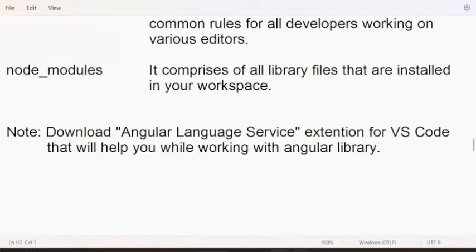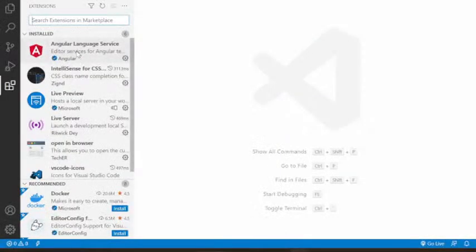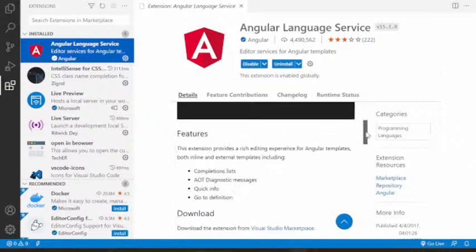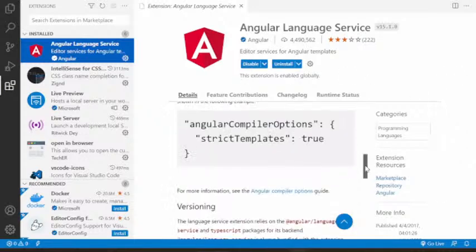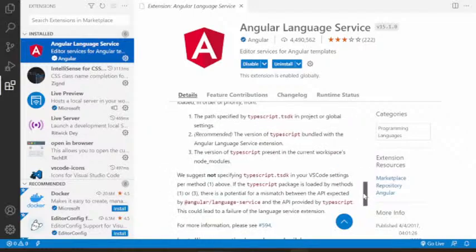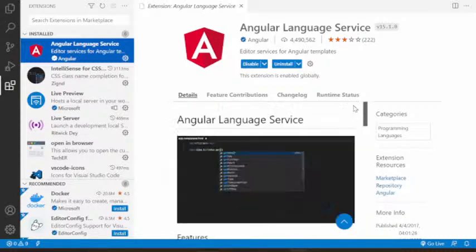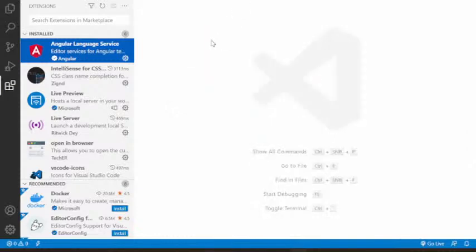You can see this is the extension I am having, Angular language service. This extension will help you a lot. It is very good and required for people who are newly learning Angular. It will help you in so many ways, but it is not mandatory. Without that also it's okay.